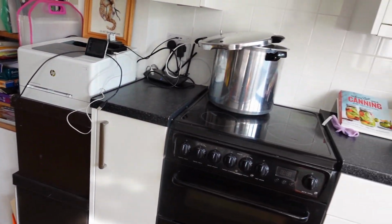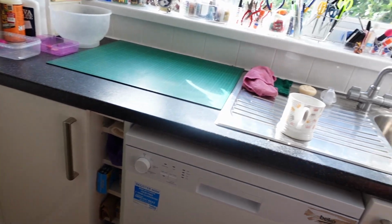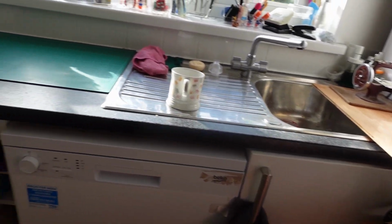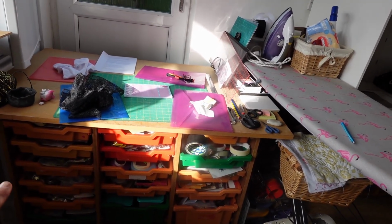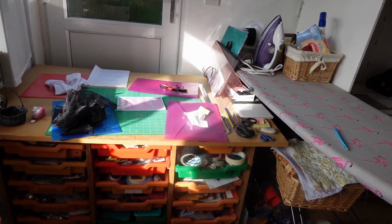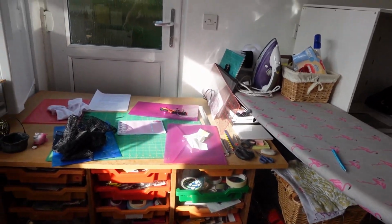Now I'm really lucky because I've got a complete craft room to myself, but you know, I'm a lot older, so I've actually waited years to have something like this. I've worked for years and years on just this piece of board with those trays underneath, and I had it tucked in the corner of my bedroom, and I had a lovely cloth which I would put over the top of it. My sewing machine would sit down the side on one side like that, and then I'd have